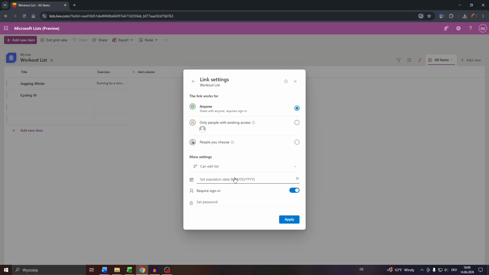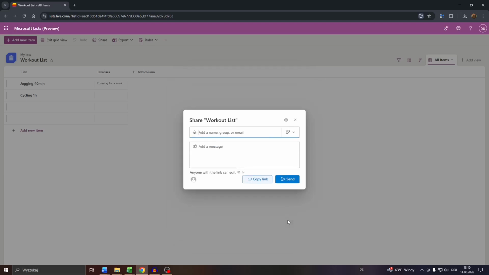So guys, navigate to more settings here, click into the expiration date and select the date. Let me set the expiration date for that invitation link to 1 week, so June 21st, Sunday. Click into apply, and as you can see guys, now if I use that copy link button here to copy